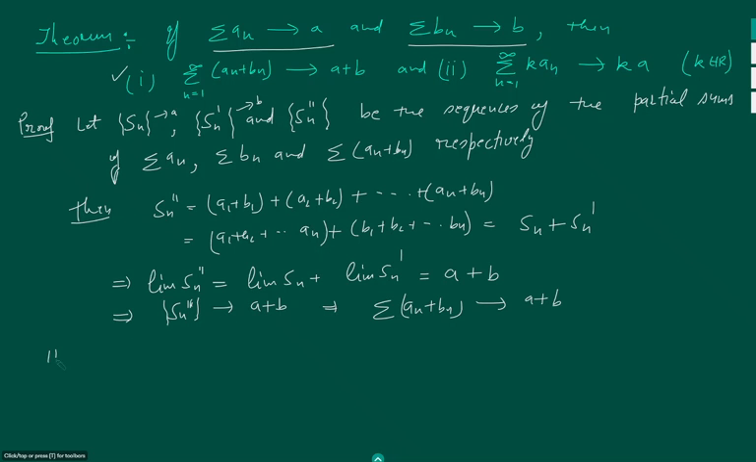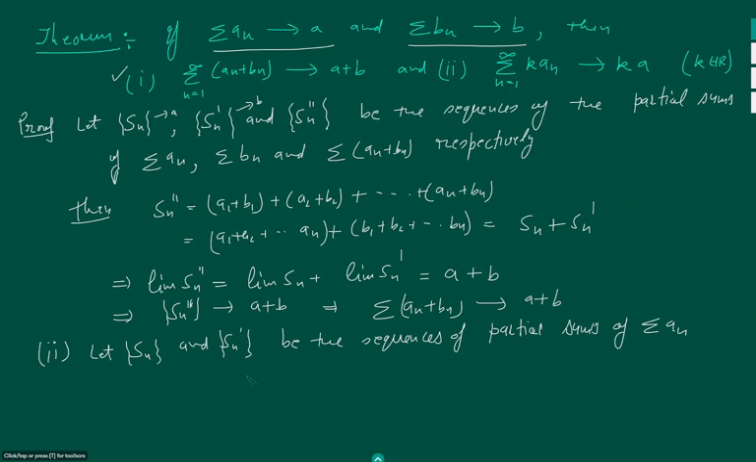What about the second part? Let Sn and Sn dash be the sequences of partial sums of the series An and the series k times An, respectively. Then Sn dash